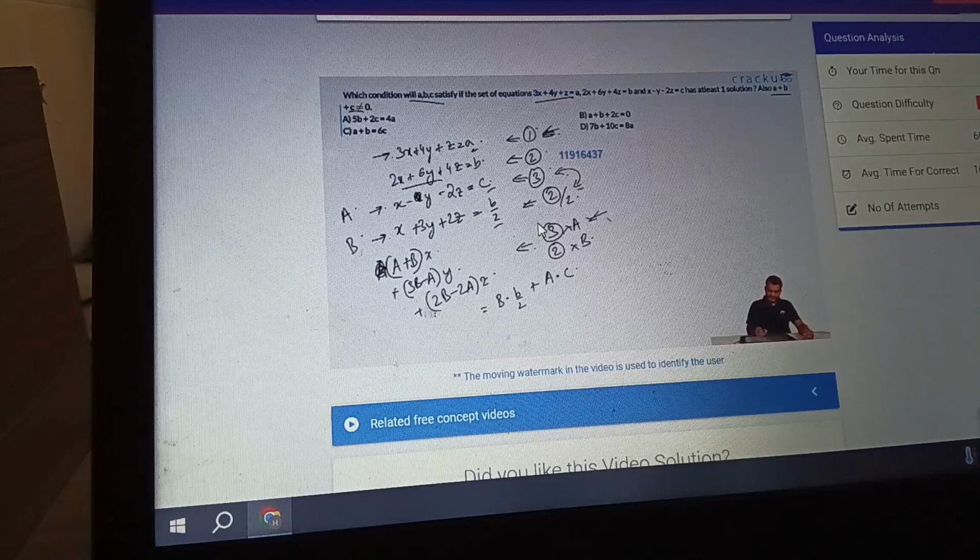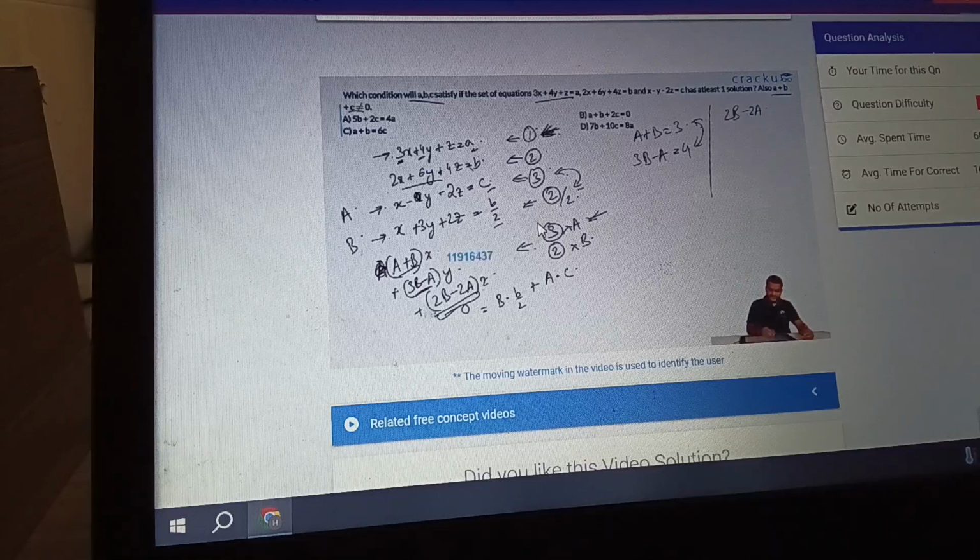Now we are saying that this equation is identical to the first equation if and only if all the coefficients match, that is a plus b is equal to 3 and the coefficient of y, 3b minus a, is equal to 4. So we will solve this system of equations and then we will see if the third coefficient also matches. Once we solve this, we are going to get a value for a and b. Now if 2b minus 2a,